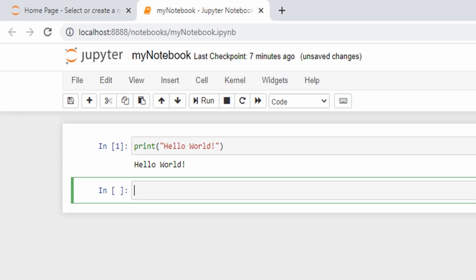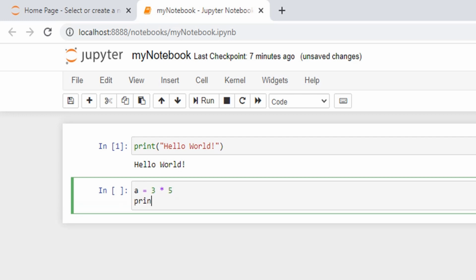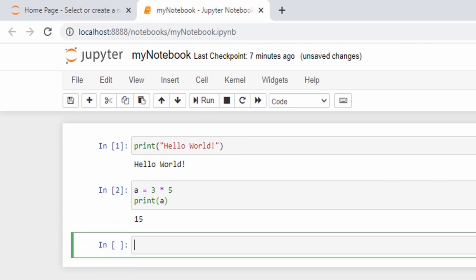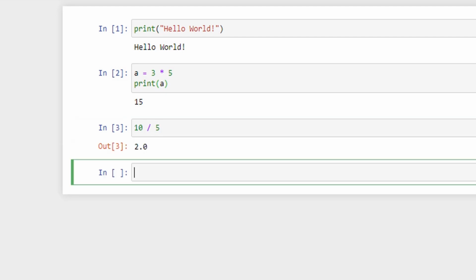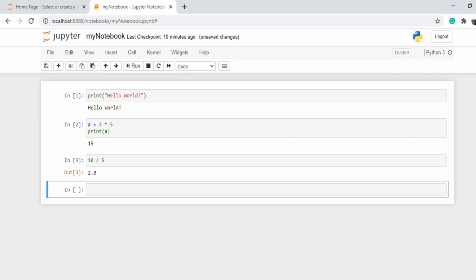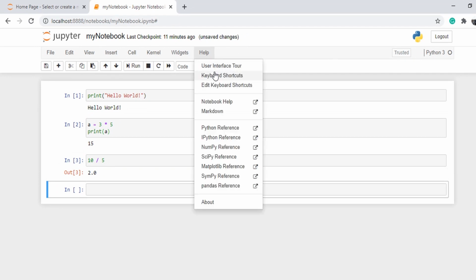Did you notice the Jupyter Notebook automatically completes the quotes and parentheses for you? Go ahead and type some more code. Play around with it. Instead of pressing the Run button every time, you can press Alt-Enter or Shift-Enter to run your current cell. If you want, you can look for more keyboard shortcuts in the Help section.